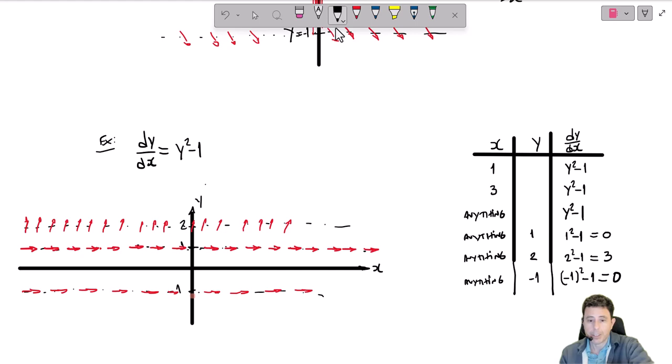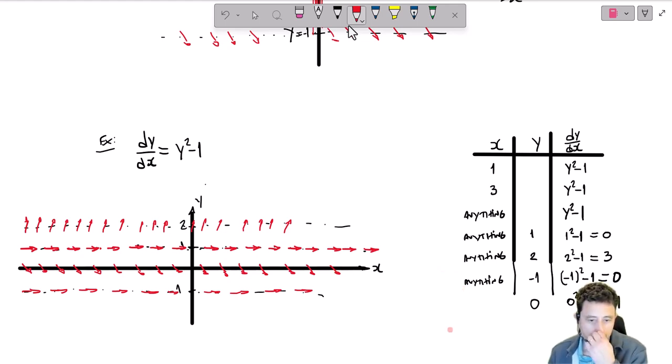That means in between, right, between this one and this one, we don't know. Let's see what happens. Let's pick y equals 0. If y equals 0, this would be 0 squared minus 1. The derivative is -1. So if y equals 0, the derivative is 45 degrees downward like that. Okay. So notice that we're starting to see the direction field, and